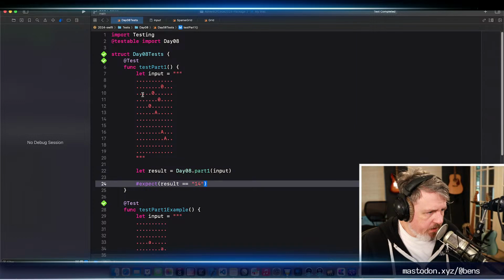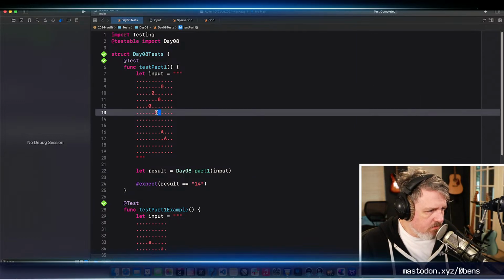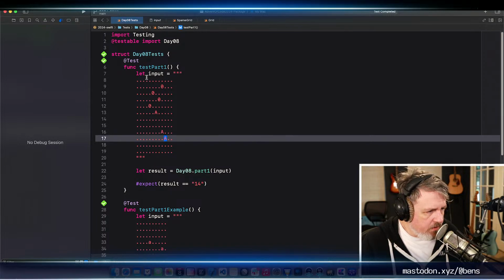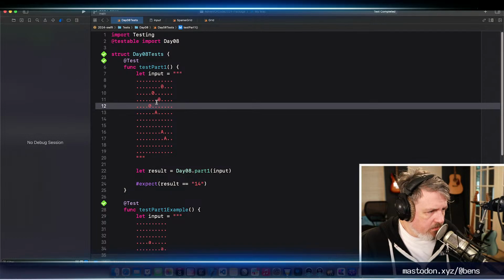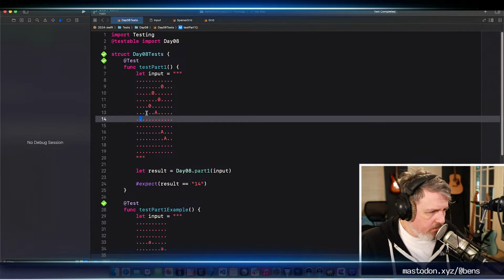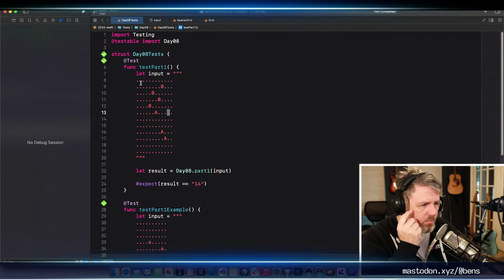I guess maybe I'll just recap what I'm doing so far. I take the input for each one of these distinct antenna types. I create a new grid that only contains that. Then we calculate the difference between these two, and then add a node on each side of it, an antinode. And we do that for every combination, every pair of antennas of the same frequency.